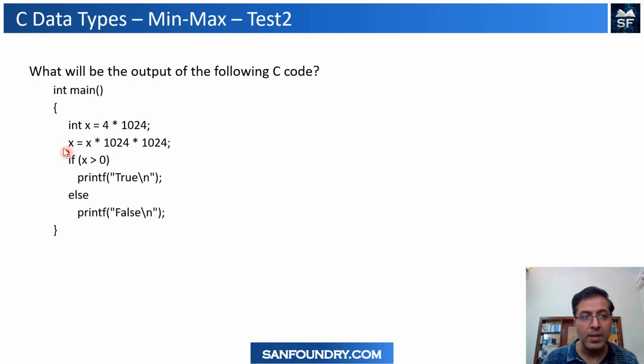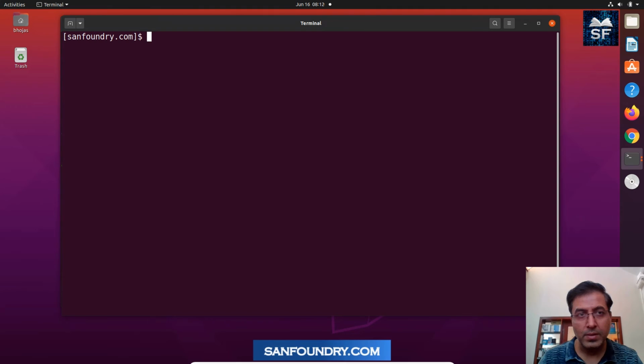exact value getting stored in x. So we are storing it in x, and we are trying to see whether these values are true or false. So again, you can pause for a minute and then resume. Whether it is true, whether it is false is what we are looking at. So the answer is going to be obviously false. I will also do a lab demo for this to see what the real printf is. And in the demo, I am going to explain the answer, why the answer is what we got. Okay, so let's go into the lab demo.